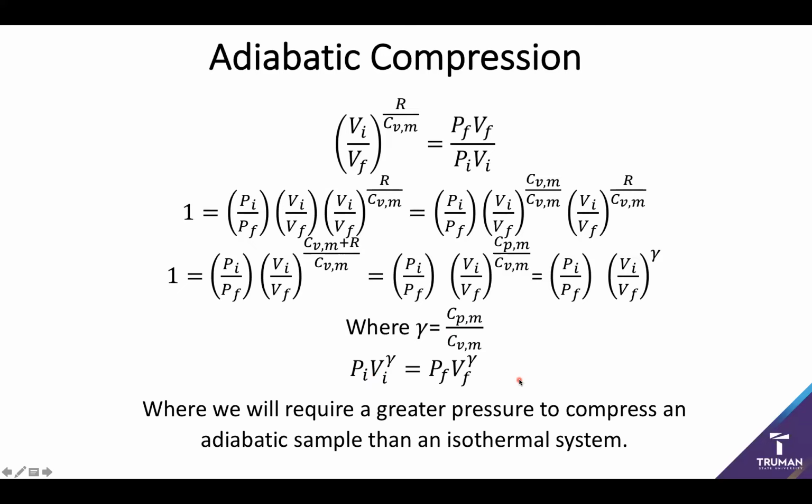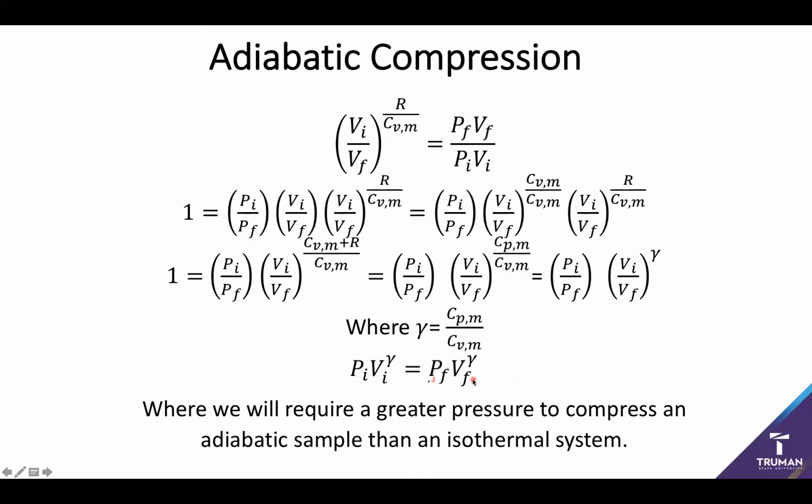Now let's go ahead and work this by some example numbers. Let's say I have an initial pressure of 1, an initial volume of 2, and a final volume of 1. So essentially, my